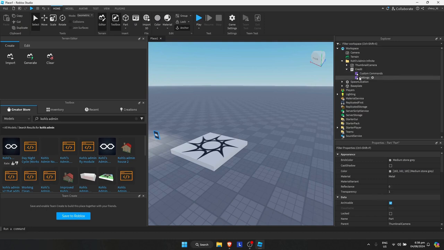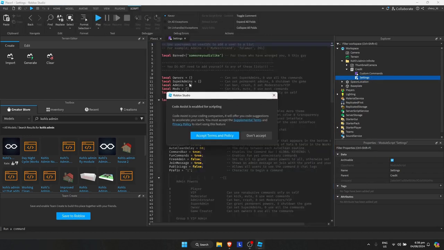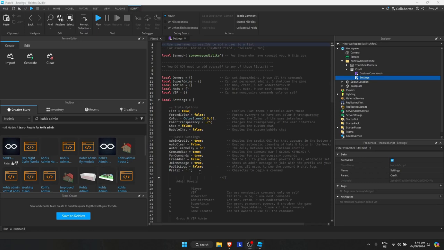Click on the arrow, then go to Settings here. So just simply double tap on the Settings, and this will open up a script right there. I'll just simply accept this terms and policy, and just simply click on OK. Now you will see the owners, super admins, admins, mods, and VIP right here. Now I suggest that you add yourself to the owners, of course, so that you could use all the commands and stuff. You could also add your friends if you want,